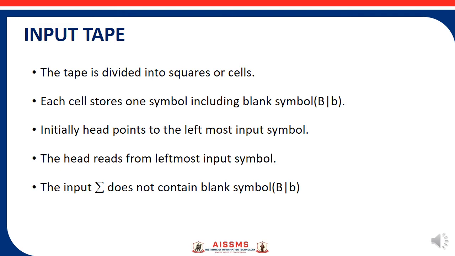Okay, we will come to that point. Initially the head points to the leftmost input symbol and the head reads from the leftmost input symbol. The input sigma does not contain the blank. This is the point to be remembered here, whereas sigma is a finite set of input alphabets except the blank symbol B. Okay,